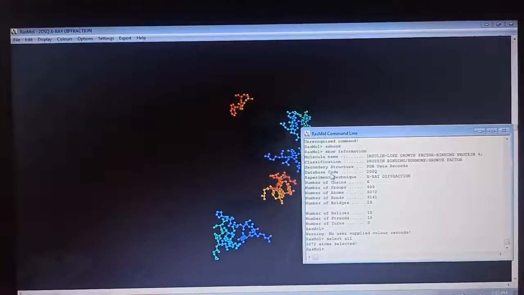You have to first download the RASMOL software using the RasWin file from Google, and then you can download the PDB file from the Protein Data Bank in PDB format, and the file is opened here like this. So you can do the analysis like this in this software.